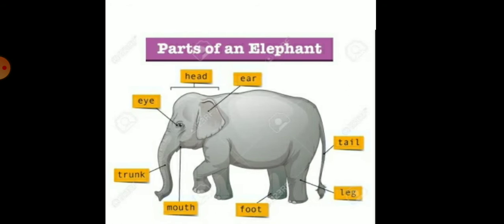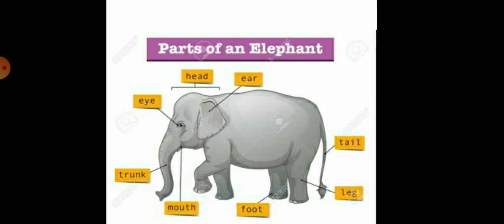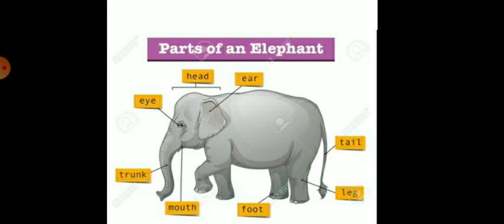So, children, locomotion is the result of the coordinated action of muscles on the limb bones, and the contraction and relaxation of the muscles move the bones. Many bones of the skeleton act as levers. When muscles pull on these levers, they produce movements, such as the breathing movements of the ribs, the chewing action of the jaws, and the flexing of the arms. So I hope, children, this topic is clear.